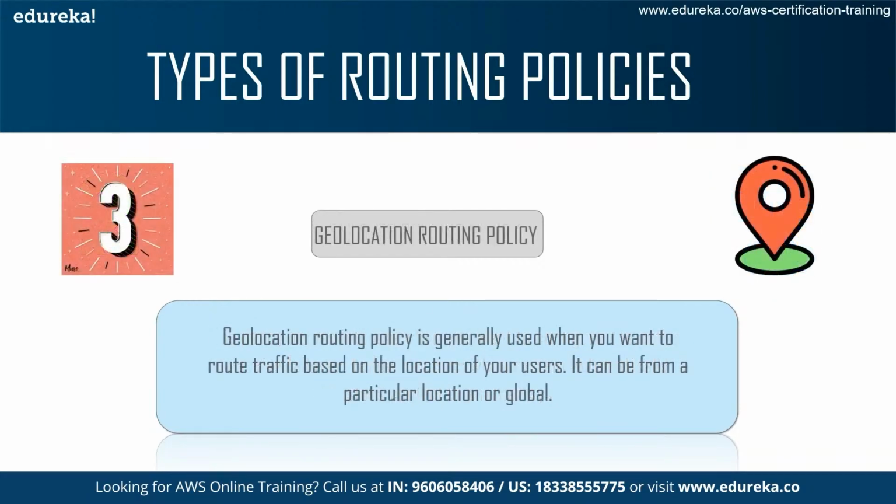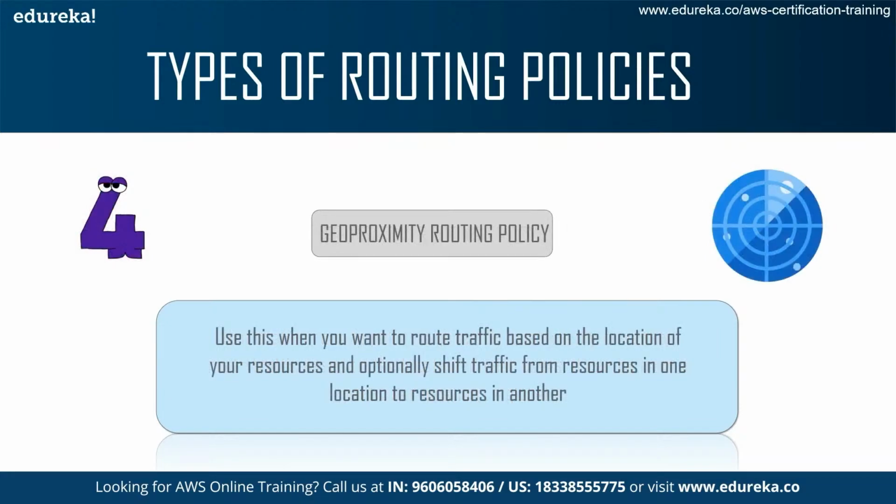Next up, we have geolocation routing policy. Now, geolocation routing policy is generally used when you want to route traffic based on the location of your users. This is something that we discussed before. Now, it can be from a particular location or from a global location, right? Next up, we have geo-proximity routing policy. Now, this is basically used when you want to route traffic based on the location of resources, and you can optionally shift traffic from one resource to another resource, or from one resource in one location to resources in another location,